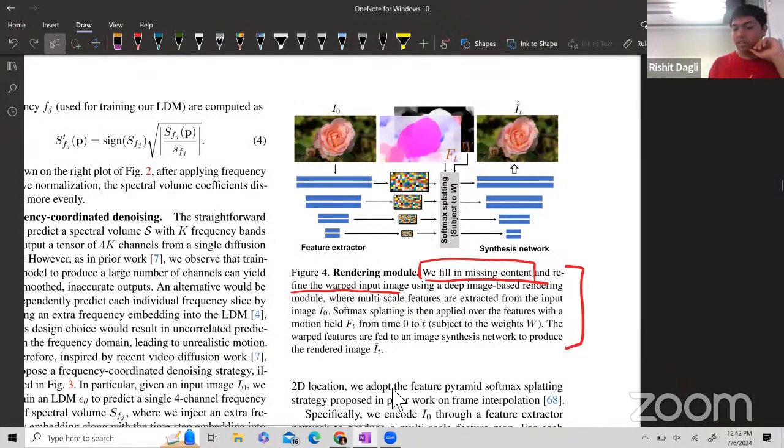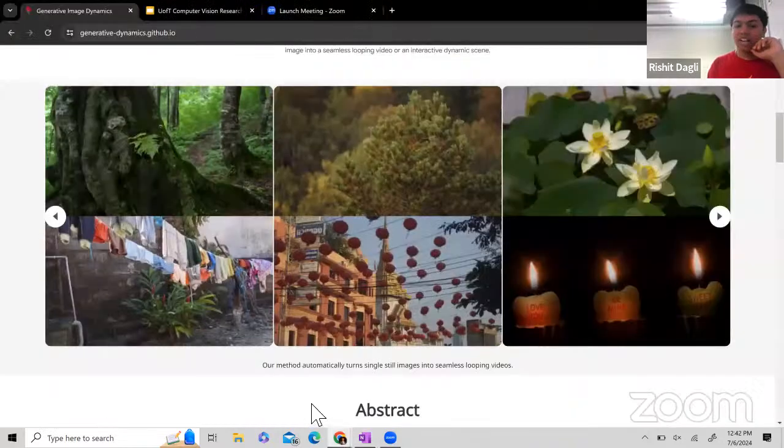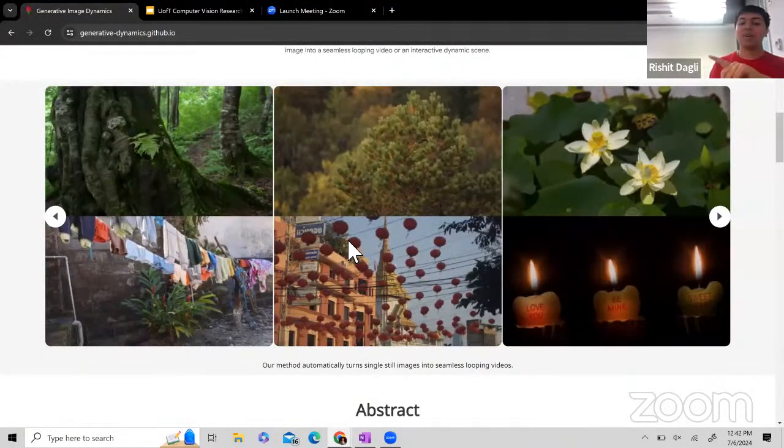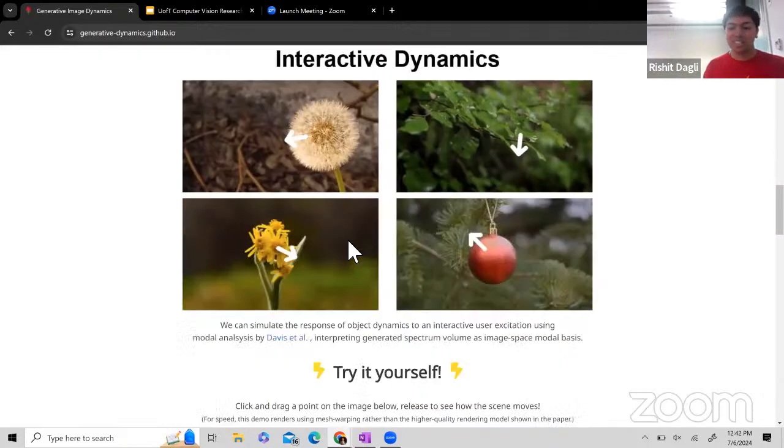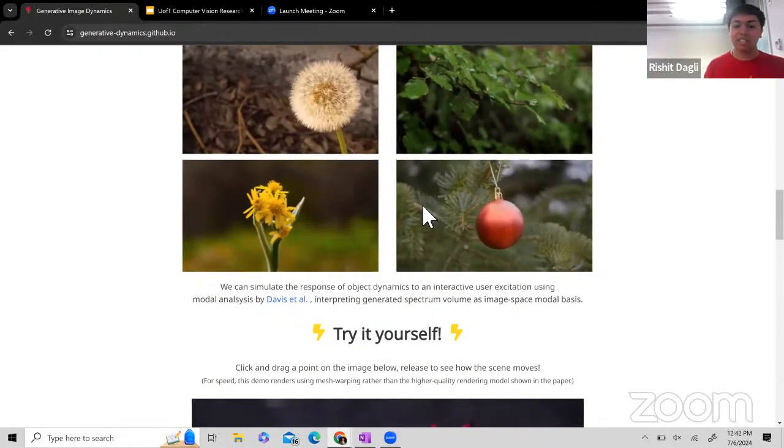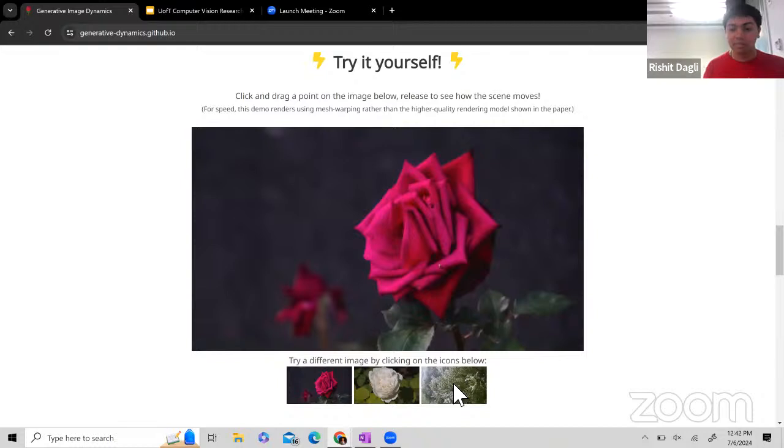When I was actually playing with the demo, I actually thought that the filling in wasn't good enough. There's one of these demos they had, and I was trying it out myself.